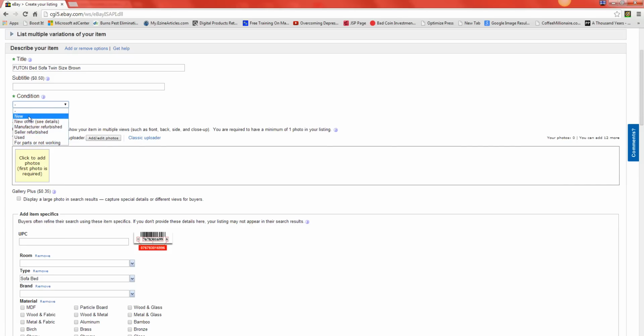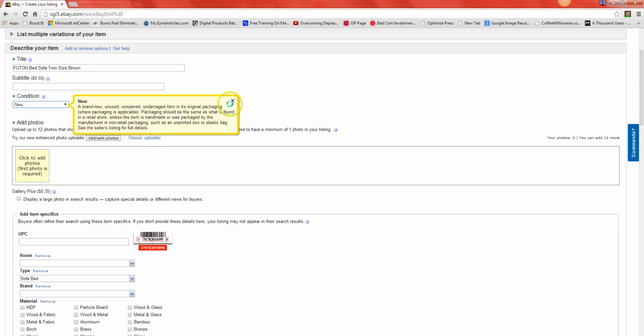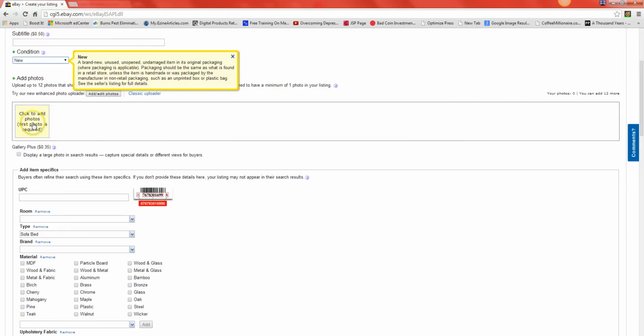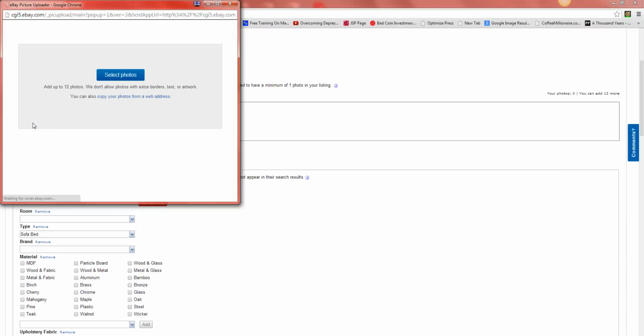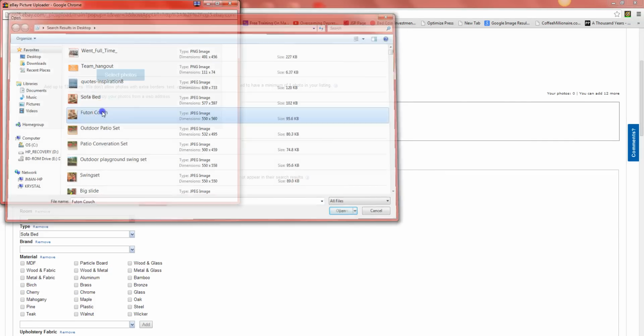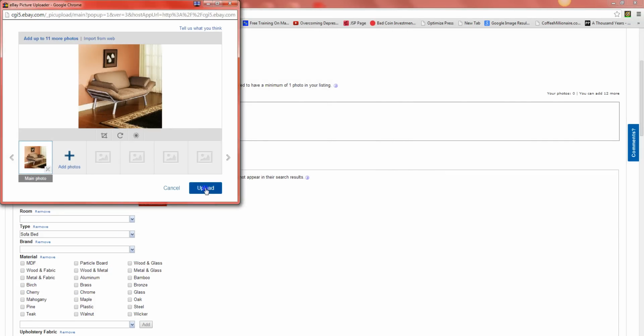I'm just gonna put brand new. And for your pictures, make sure you take nice pictures. A regular phone has a pretty decent camera that could take decent pictures. So take at least 4 to 5 pictures, different positions of the item, so the customer sees exactly what they're gonna buy. So I'm gonna just put this pre-made picture up, upload,